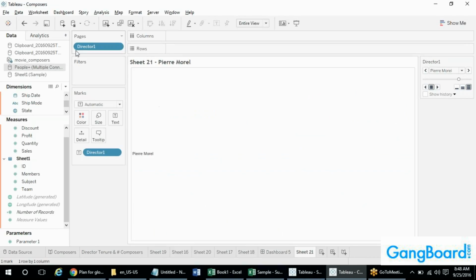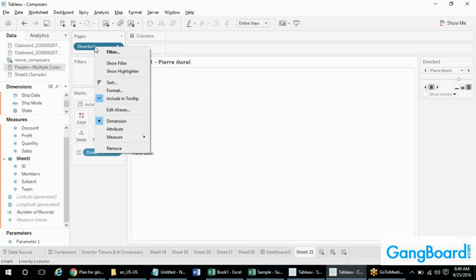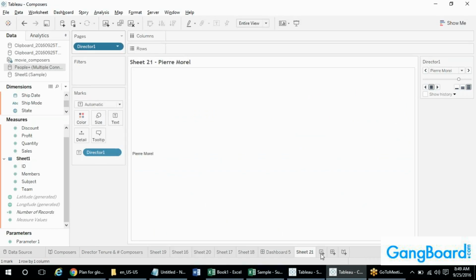So now I would like to talk about these pills. The blue pills are actually the ones which are dimensions, or it could sometimes be, say,